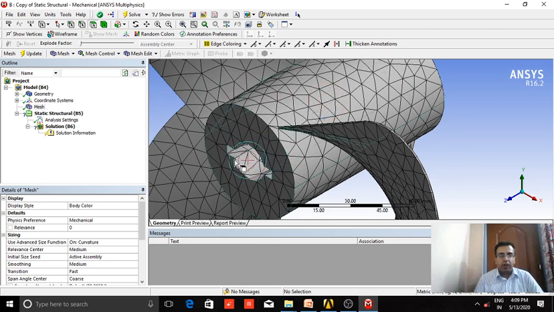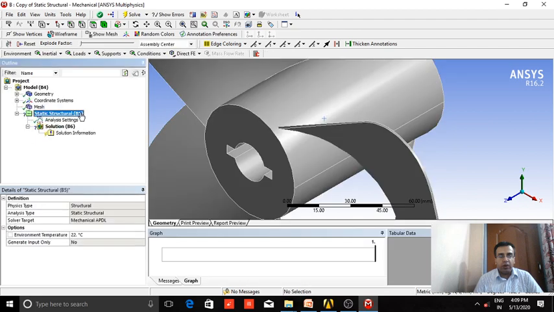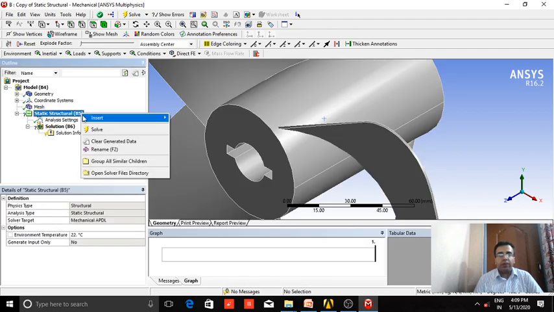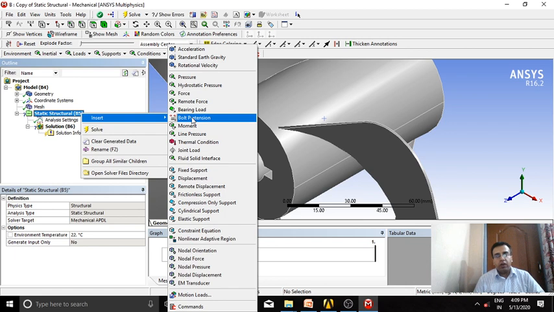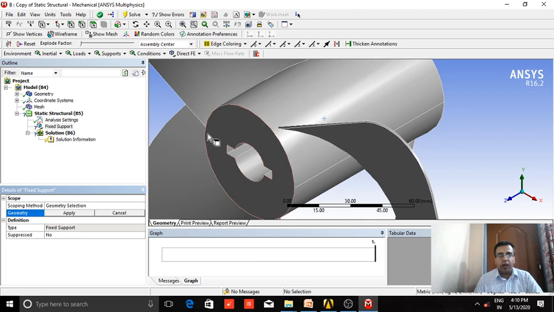Now next we have to impose the condition that the edges of these cutouts are fixed, because this hole is ultimately going to be mounted on the shaft. This is called a boundary condition. Here I will go to fixed support, and now I have to select edges. So I will use edge selection filters.